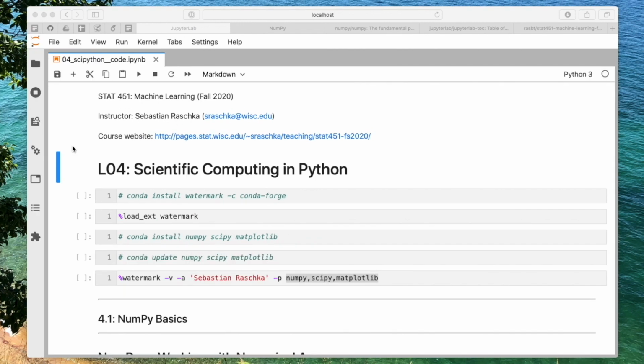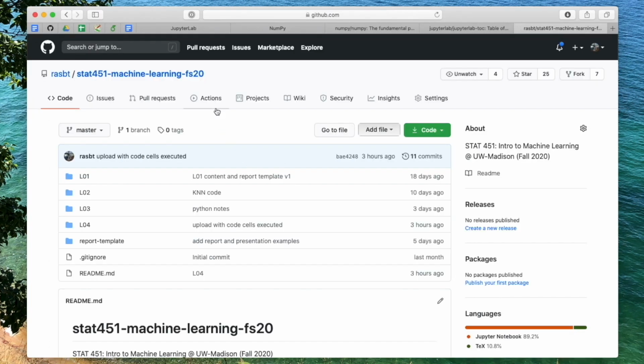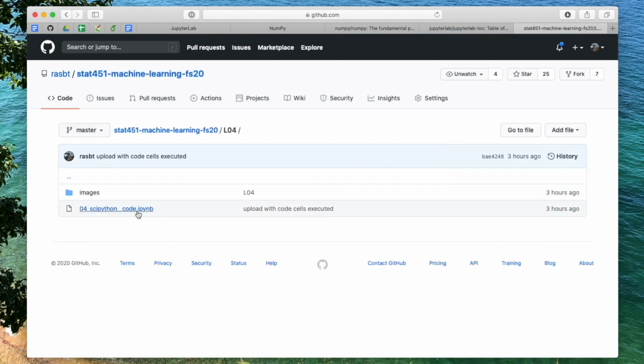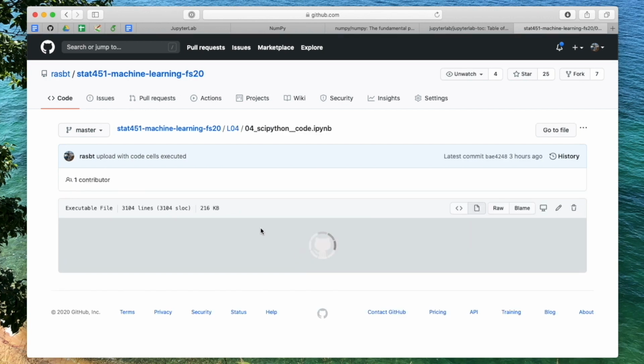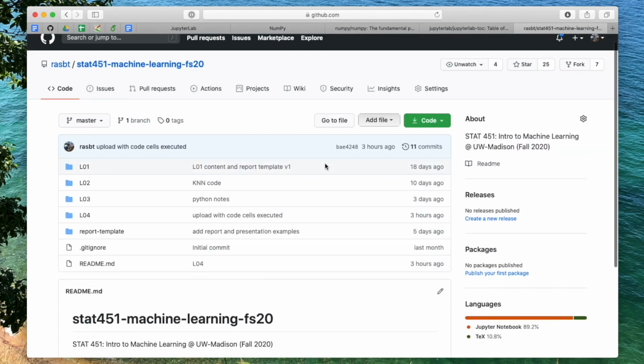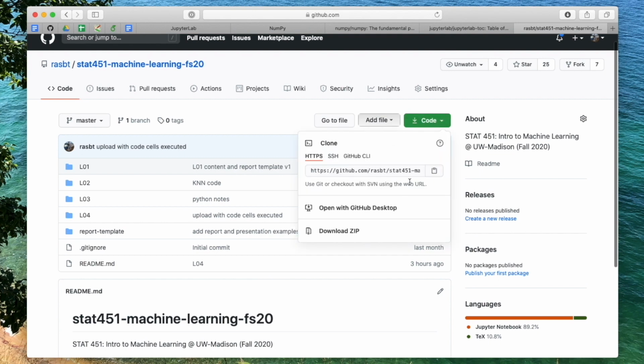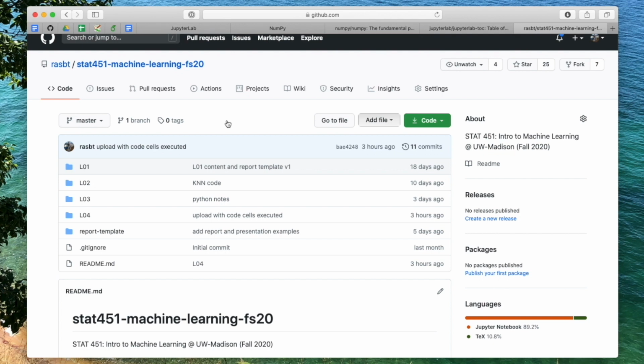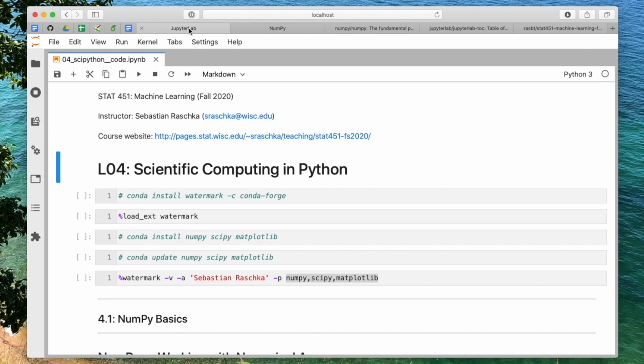Before we start, I should again mention that this Jupyter notebook is also on GitHub. So if you go to our class's GitHub repository here, it's under lecture 4 and then this IPython notebook file or Jupyter notebook file. So if you click on it, you can also view it, and you can also then download it from GitHub. I will also include this link on Canvas, so you don't have to search for it, but you can maybe just download the whole GitHub repository, or if you recall how to clone a GitHub repository, you can just update your GitHub repository by a pull, git pull. And so that is where you can find the notebook.